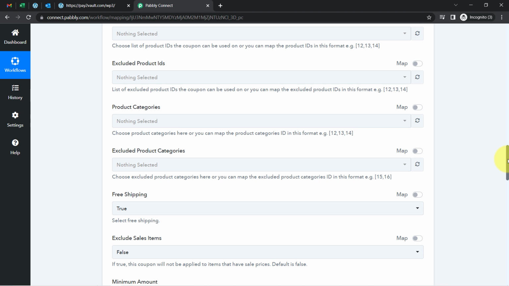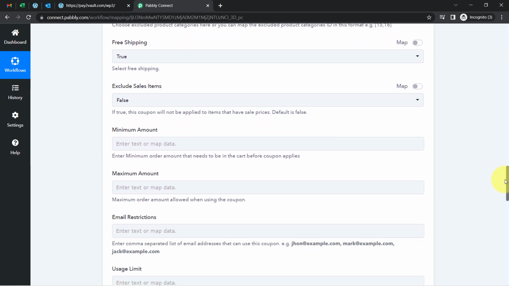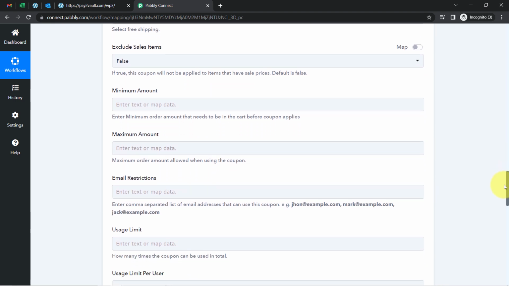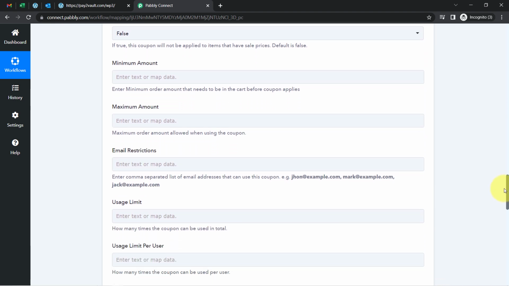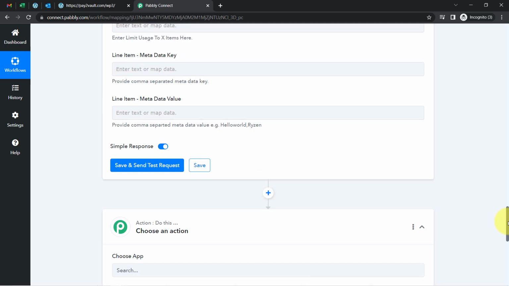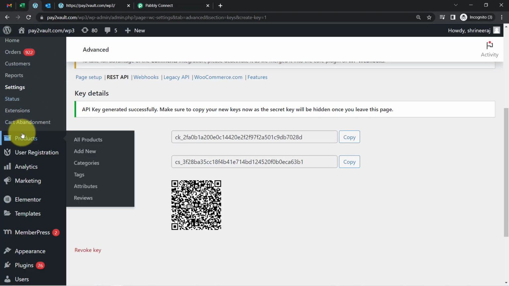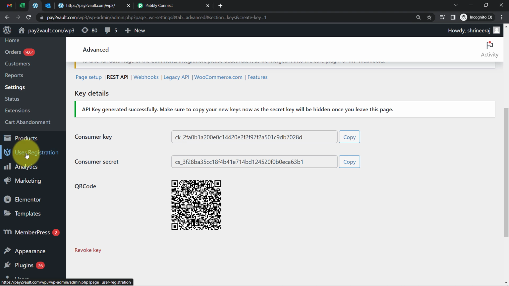Okay, so currently in front of you I am going to provide only the necessary details which are actually required for creating this particular coupon, which I have already provided. If you're not sure what these details are all about, you can read the instructions one by one and provide the value. Let's say what is going to be the minimum amount in order to use this particular coupon code. Okay, so this is how you can provide all the details. Now I'll be clicking on this button, save and send test request, in front of you, and you will see how the coupon code will be generated